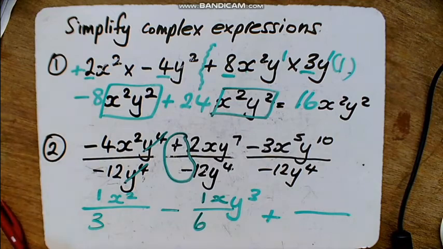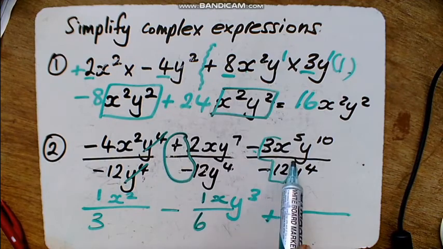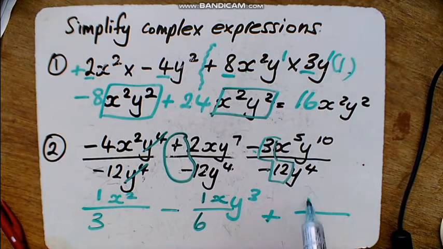Don't forget that a negative divided by a negative is a positive. And we're going to look again at an equivalent fraction. 3 over 12. Divide the numerator by 3, I'll get 1. Divide the 12 by 3, I'll get 4. And so now we got y to the 10, y to the 4. Don't forget, when we